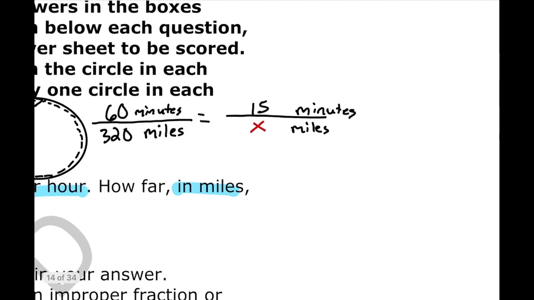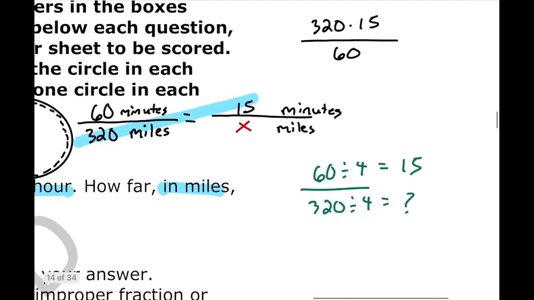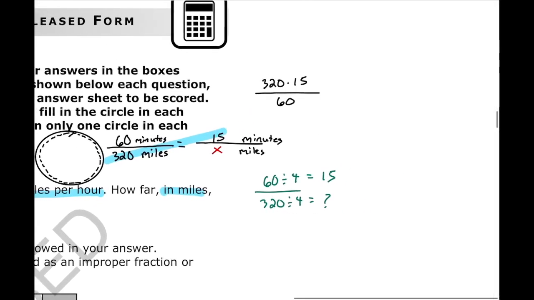So we're going to say 320 times 15, and we're going to divide all of that by 60. We do cross multiply and divide. And if you don't want to do it that way, you can do the 60 divided by 4 gave me 15. So let's see what 320 divided by 4 equals. All right, let's go over to Desmos and we'll plug in both of these just to see what we would